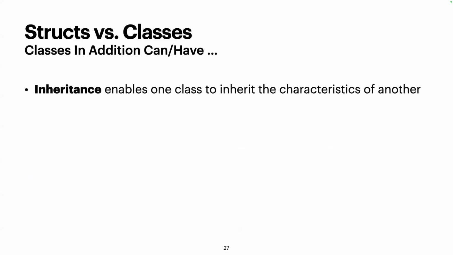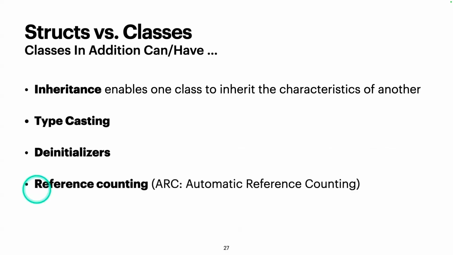But the main thing is that classes have inheritance. So if you want to inherit something, you have to use a class. You could typecast a class into another class. There's deinitializers so that when the object is removed from memory, you can actually do callbacks on them. Classes use something called reference counting. So again, don't worry about what any of this means if this doesn't make sense to you, but basically classes,